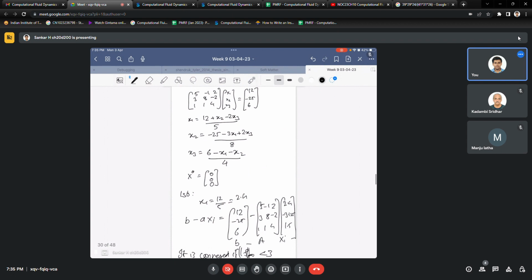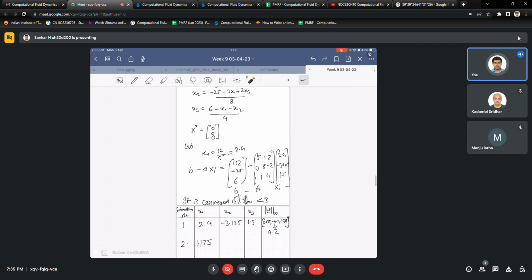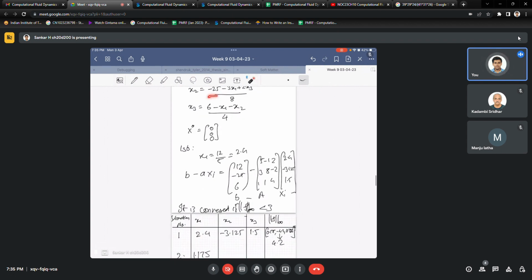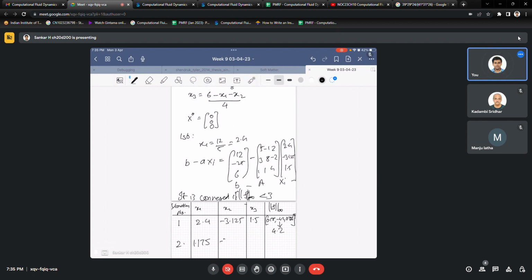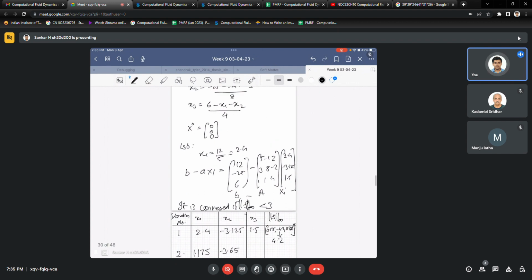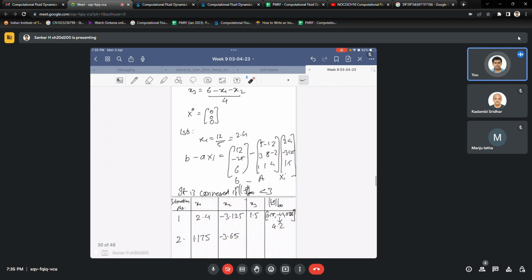1.175. Similarly, for x2, we substitute minus 25 minus 3 times 2.4 plus 2 times 1.5 divided by 8, and we'll get minus 3.65. And x3 we can get by 6 minus 2.4 minus 3.125 divided by 4, we'll get it as